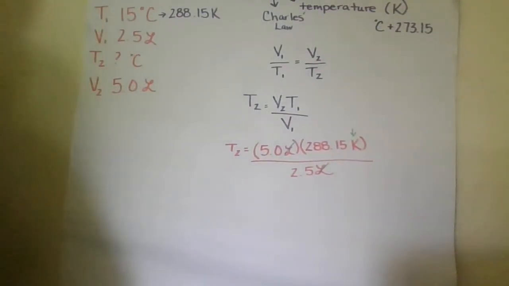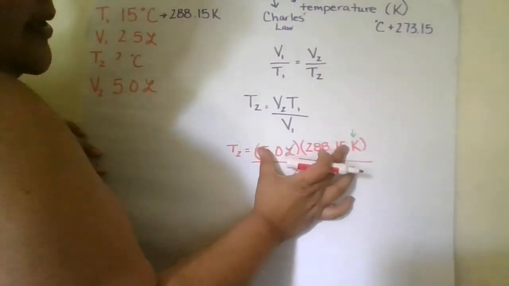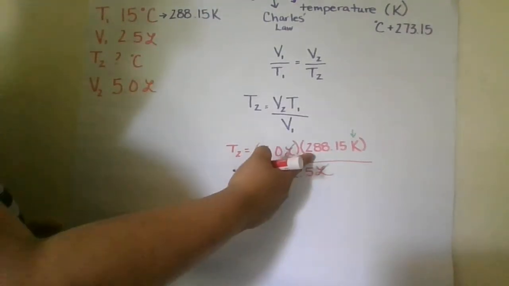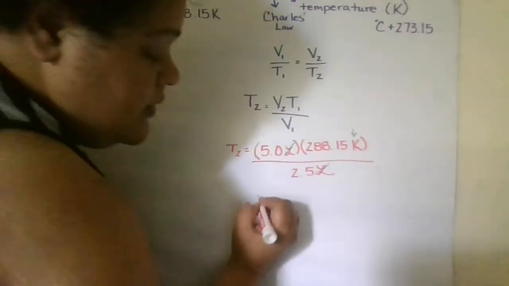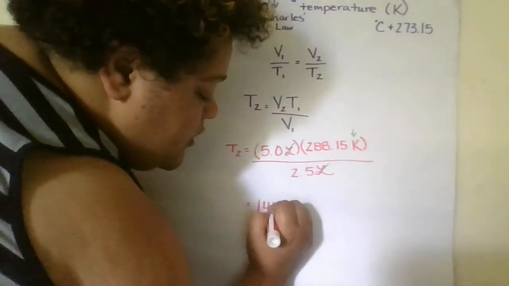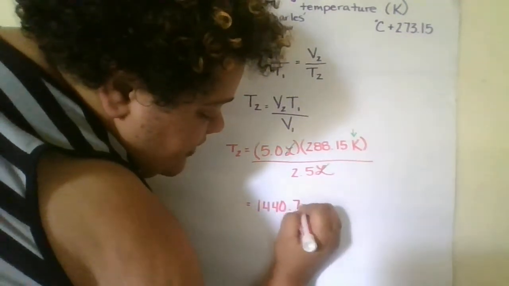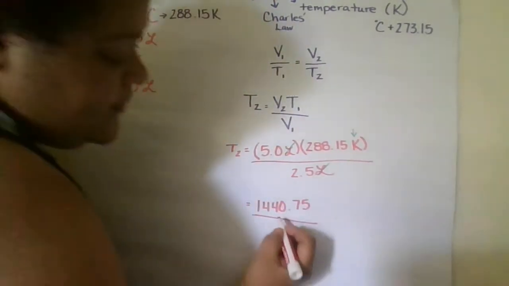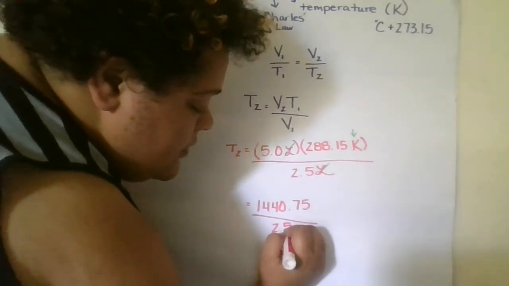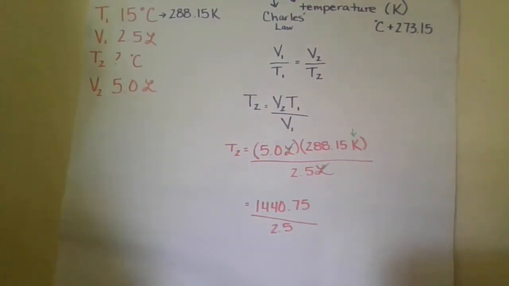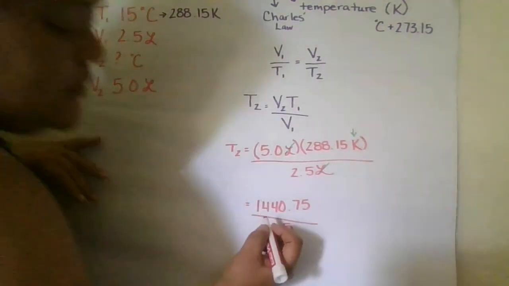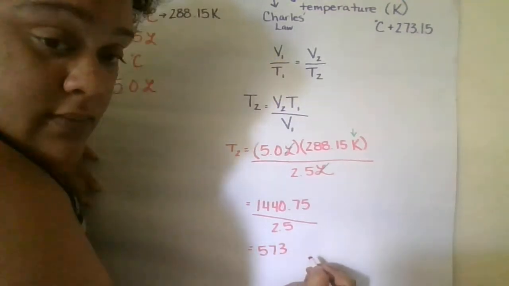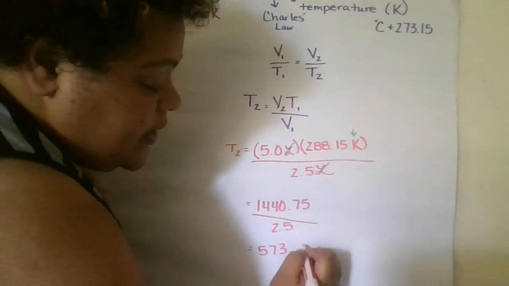Now let's use our calculator and multiply the numerator here. So 5 times 288.15 gives us 1,440.75. And then we're going to divide that by 2.5. Okay? Once we do that, once again in our calculator, it gives us 573.3